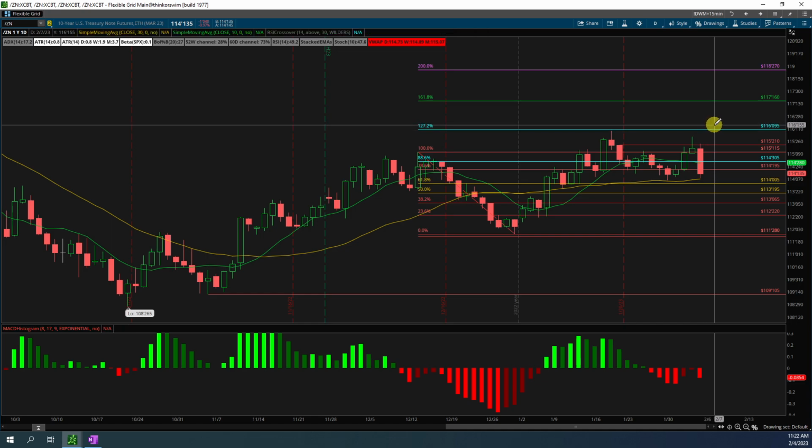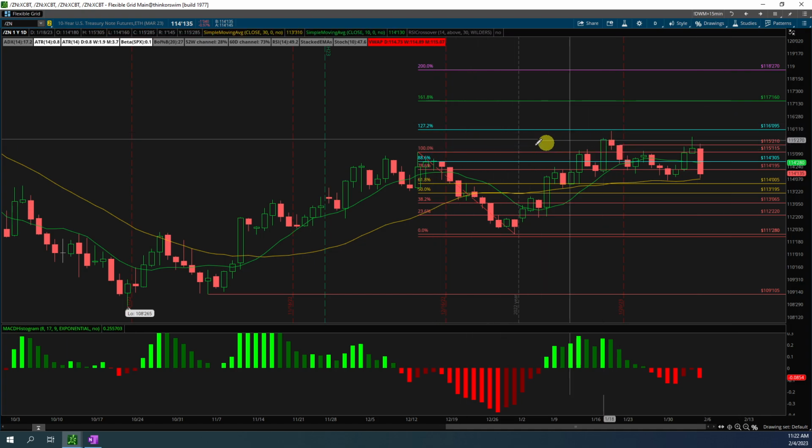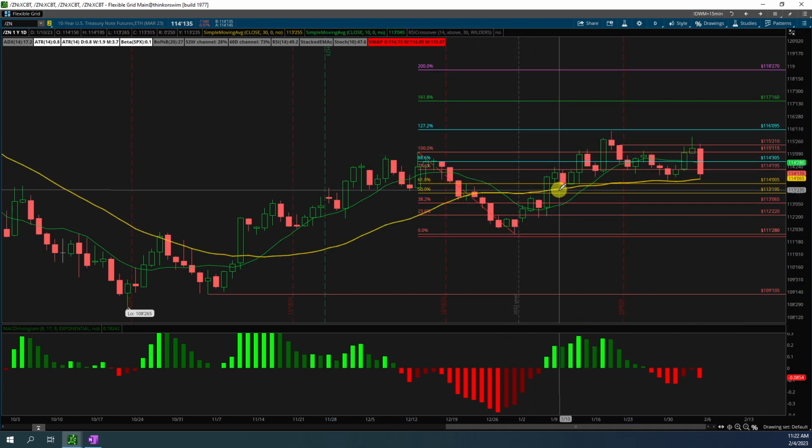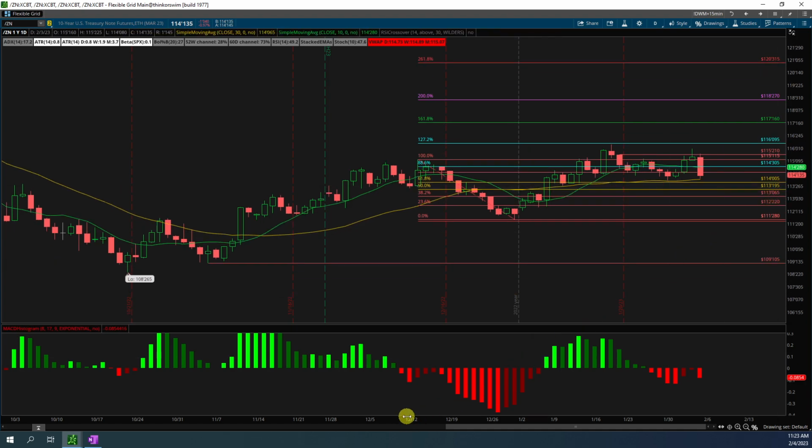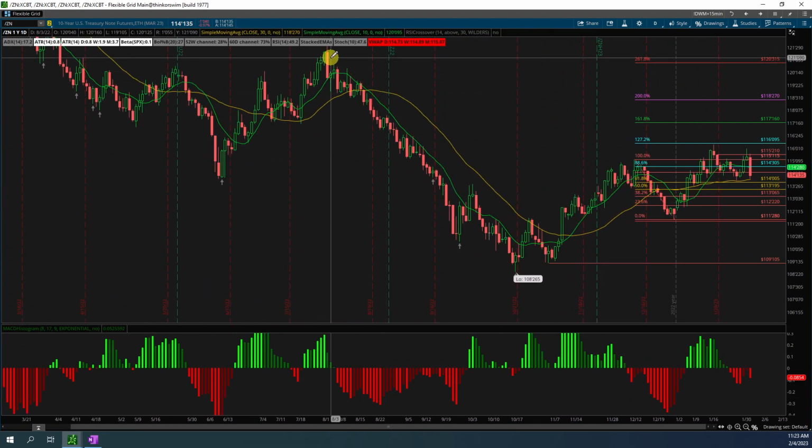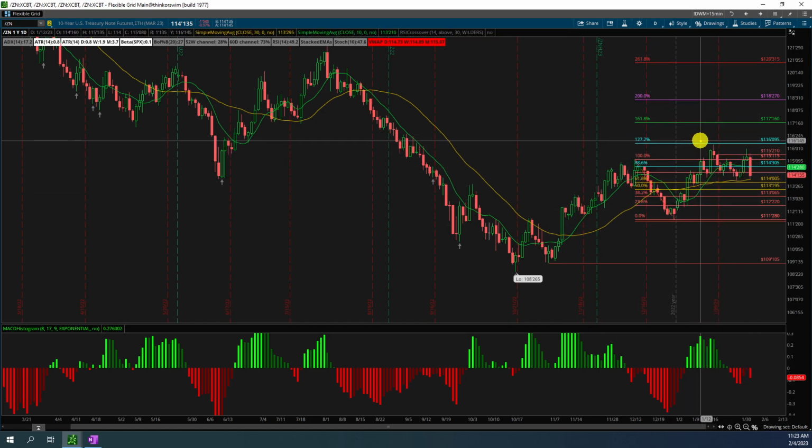So until and unless it goes above 116, I'm in a channel now. This one is neither bearish nor bullish. I would say more bearish just because of where it's coming from, but there were some attempts to recover here. So we'll see if it moves up again above this area right here. It's above the 30